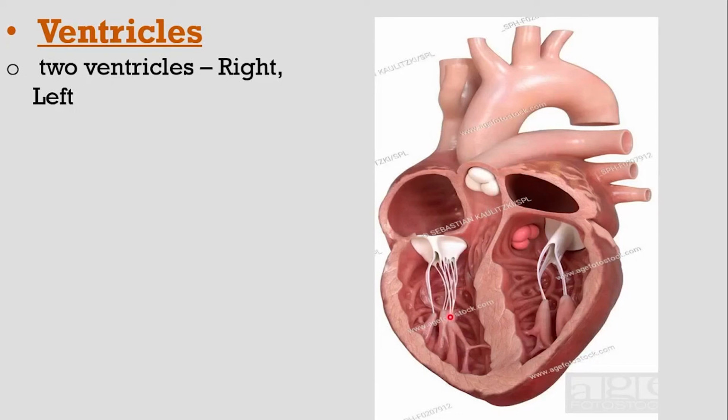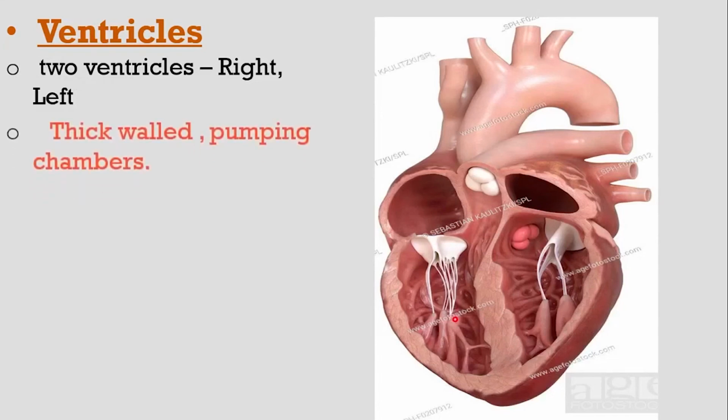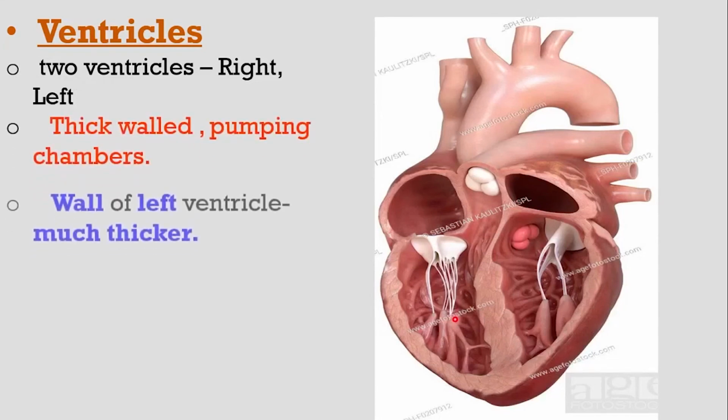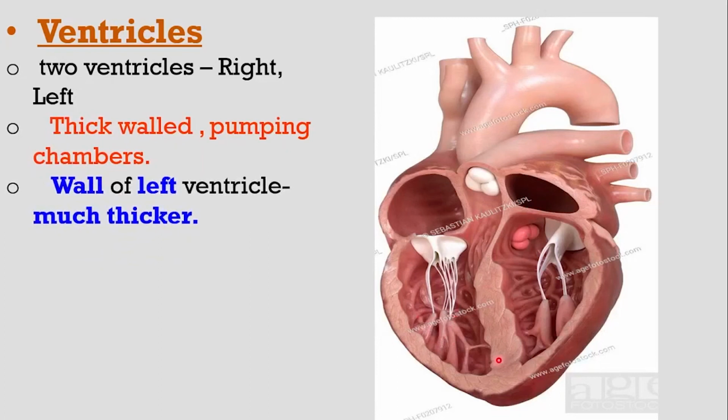As the right ventricle has to pump the blood to a shorter distance, the wall of the right ventricle is slightly thinner. The left ventricle contains oxygenated blood and it has to pump that oxygenated blood to all the tissues of the body. That's why the wall of the left ventricle is thicker than that of the right ventricle. Comparatively, the thinnest chambers are the auricles, then the right ventricle, and the thickest chamber is the left ventricle.